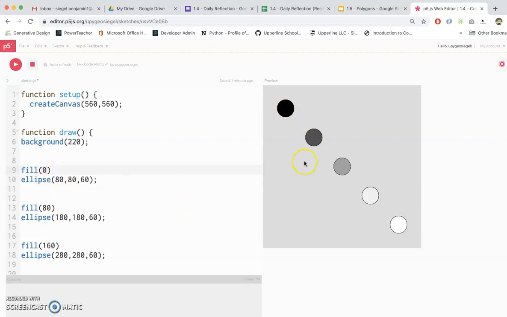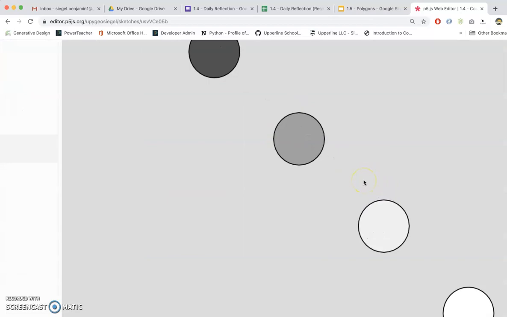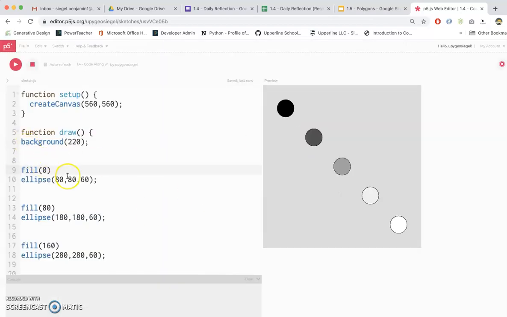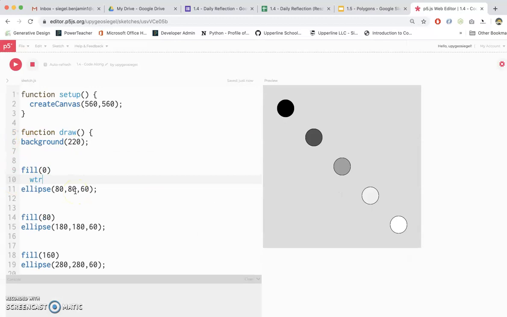All right, now let's start messing with these borders. Now, if you look really closely, you'll see that there's a border around each circle, a little black border. It's actually 1 pixel wide. Now, we can actually mess with those colors by using a thing called stroke. Okay, so we can use this thing called stroke to change the color of the border. So whenever you see the word stroke in P5, just think border. Okay, border. So once again, to change the color of the border, right now it's black, to a different color,